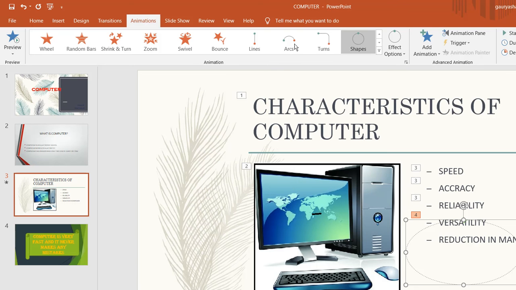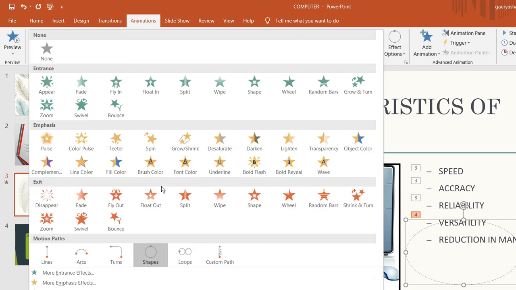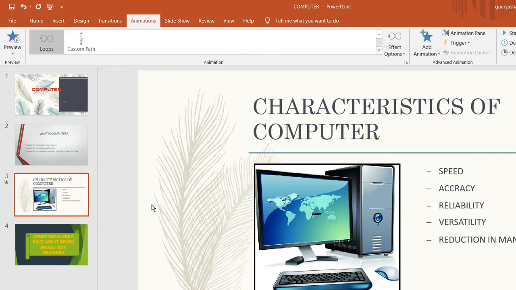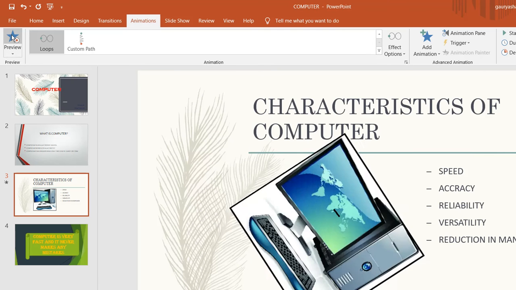Here I have chosen the shapes, that's why if I choose loop, the loop shape will be here. You can see this type of shape will come here. Now if you want to see the preview, you can see by clicking on the preview button.